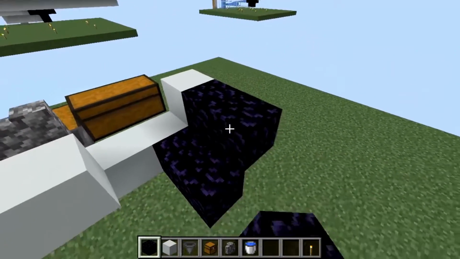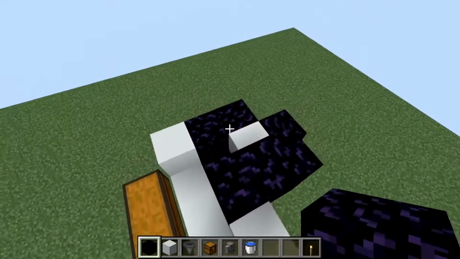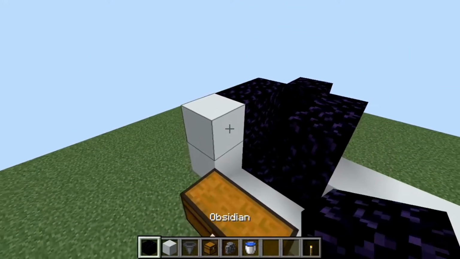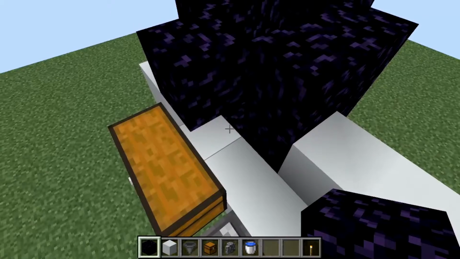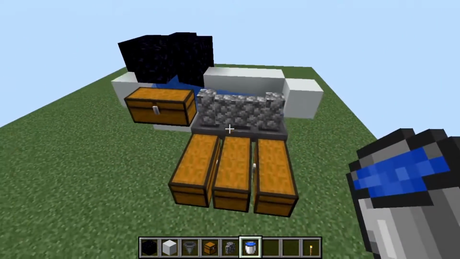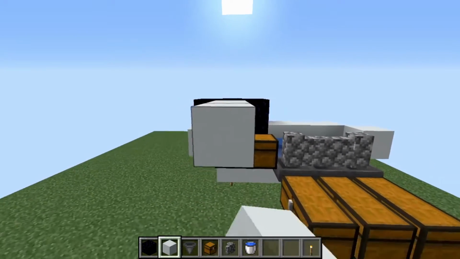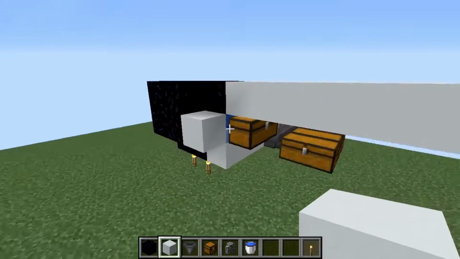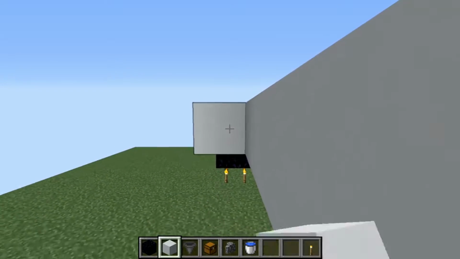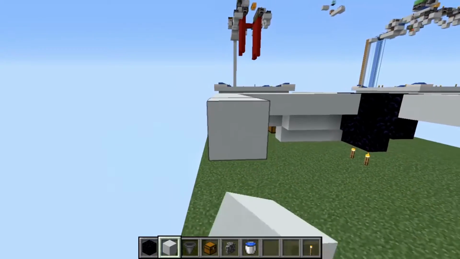And then some obsidian going around like this. And some more obsidian on the top of those blocks. And then finally 1 obsidian block here, leaving a gap here for the water to flow through. Then you grab your water bucket, and that is the collection system done. Next you want to grab your solid block and build 7 blocks out on all sides. After that you want to bring these sections together at the corners,